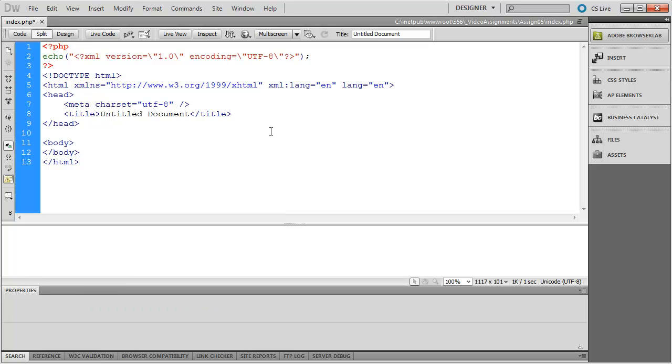Now, there's not a terrible lot left to this page that we have here. In the title, I'm going to go ahead and change it. We'll call it